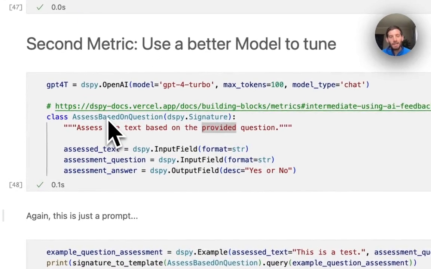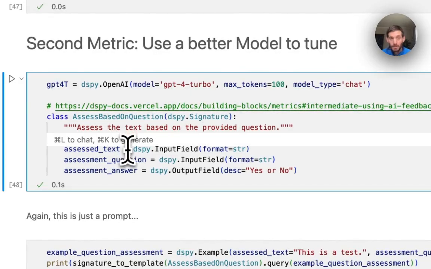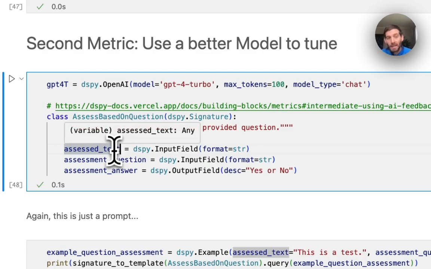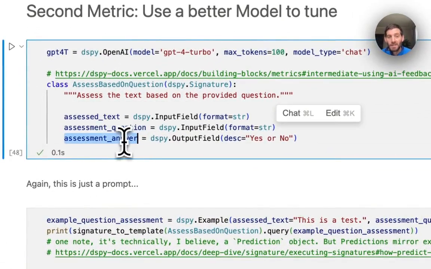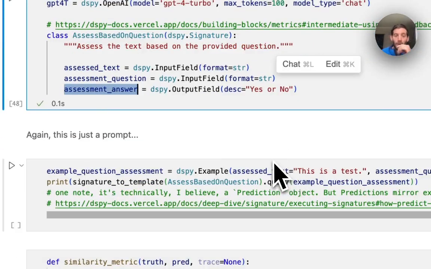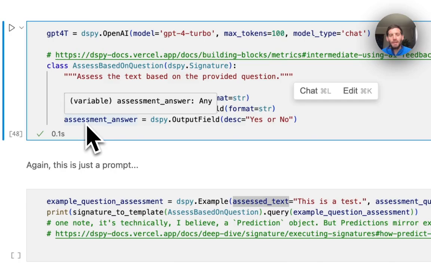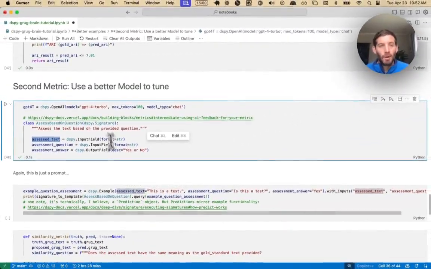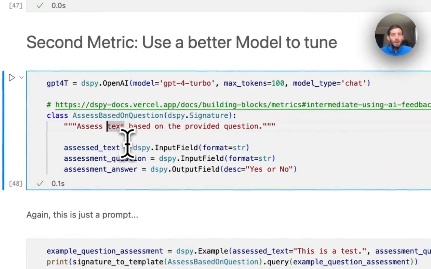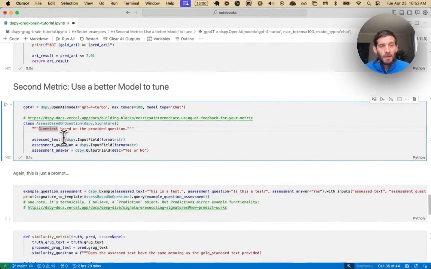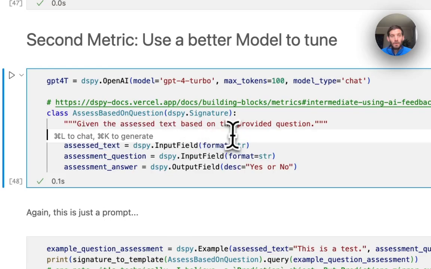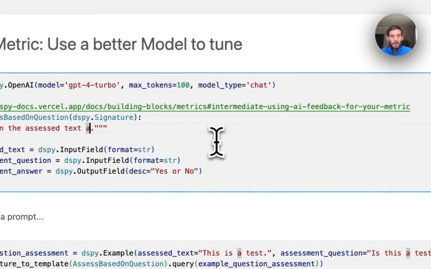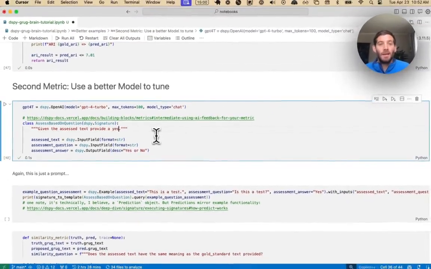Basically, it's again a prompt, right? Where we're going to say, hey, given this assessed text and this question that we provide, give us an answer that is yes or no, okay? And right here, it's assessed text, right? And so that means we should modify this prompt a bit. It says, given the assessed text, basically this variable, given the assessed text, provide a yes or no